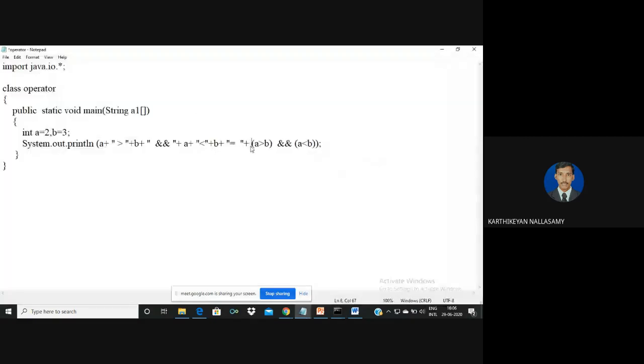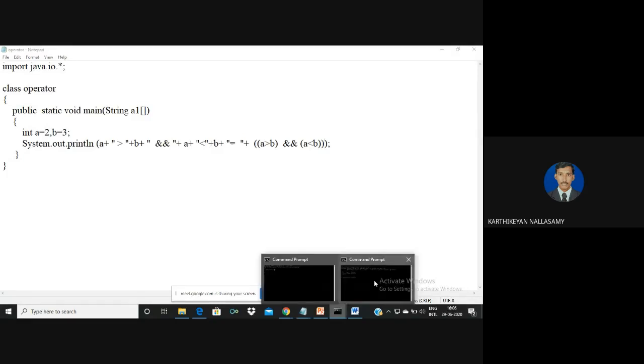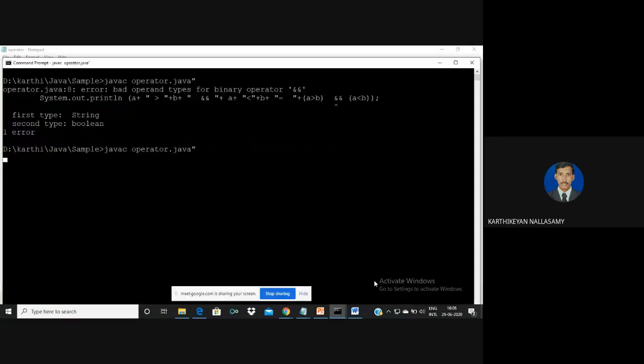Because of the plus, you need to change the priority of the operators by using parentheses. Now there are no errors.